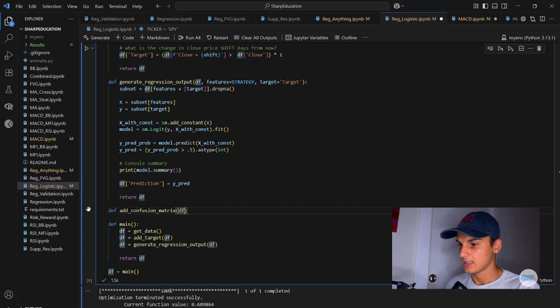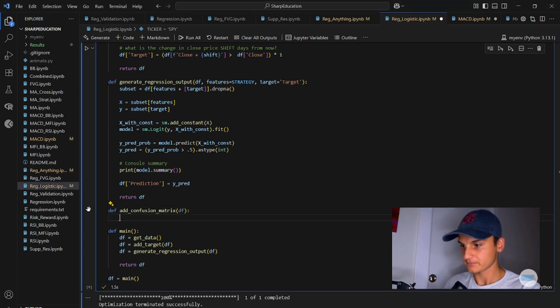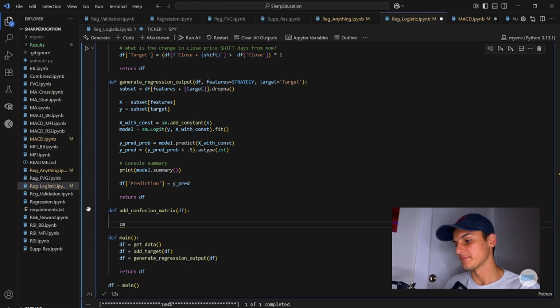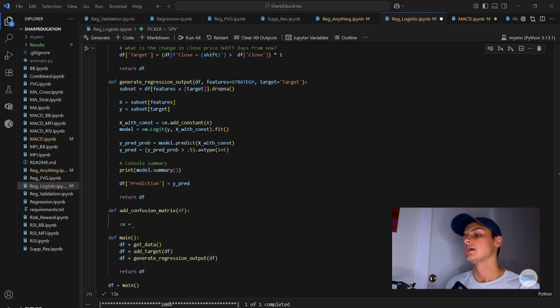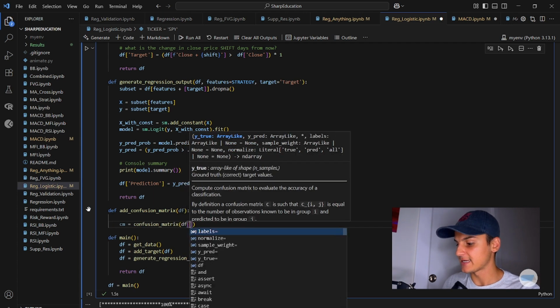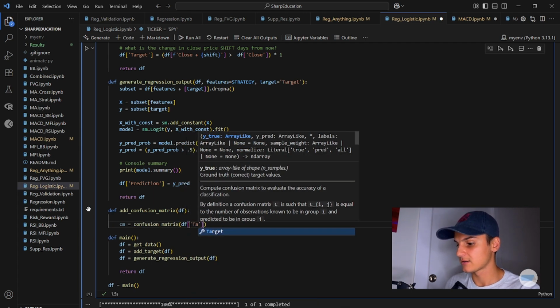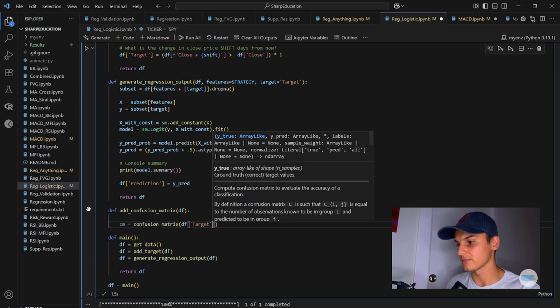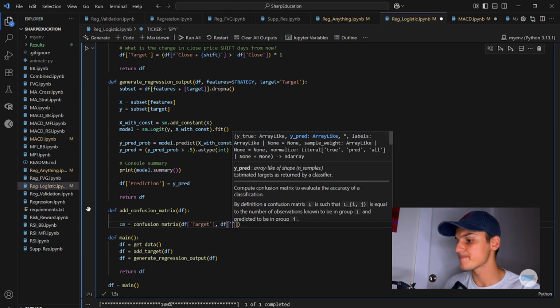So confusion matrix, or CM, is going to equal our confusion matrix from the response that we created with our generate regression output function. So confusion matrix, and we're going to get data frame target, because that's our default y values, and data frame prediction,